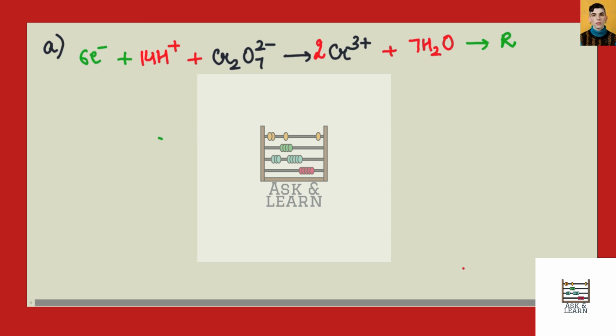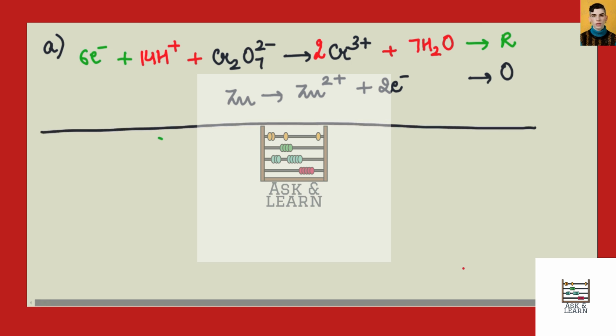Okay, and now the second half of the reaction says that zinc goes to Zn2+. To balance that we will add 2 electrons here, because there is no oxygen, there is no hydrogen, the zinc atoms are already balanced, so we just have to balance the charge. And this comes out to be an oxidation reaction because electrons are lost during the course of reaction. Now since we have to balance the overall charge, we will multiply the second equation by 3 to balance the number of electrons. So the electrons cancel because the number of electrons are the same, and the overall reaction comes out to be